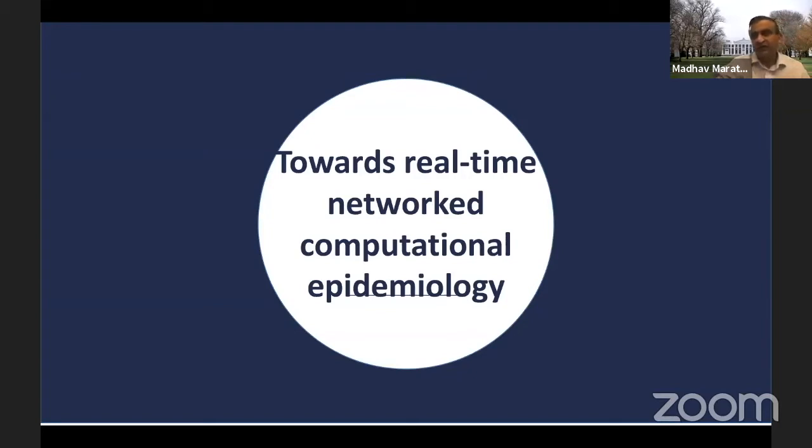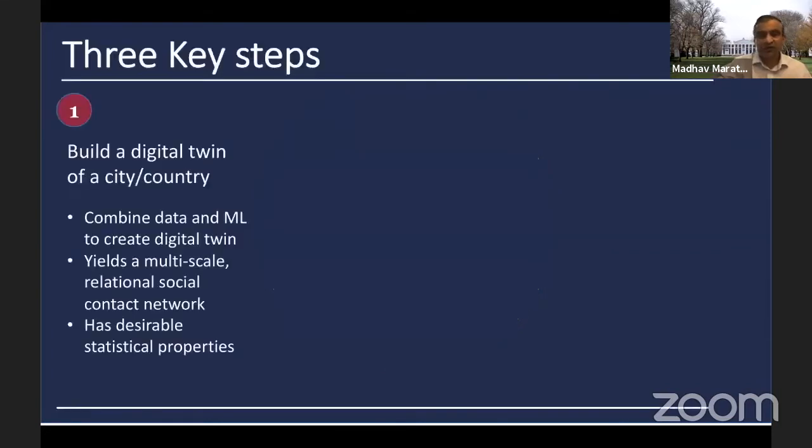And in the next 5 or 10 minutes, I'm going to tell you how we go about doing this. There's a lot of theoretical work as well. I've tried to skip that. The papers and the tutorials that I referenced early on have all the details that you would like to look at. So the way we go about doing this, which I think is novel in a certain sense, is to do this study of epidemic processes on networks in 3 steps.